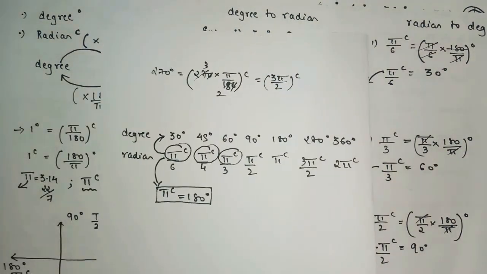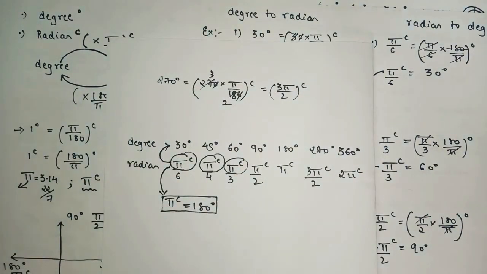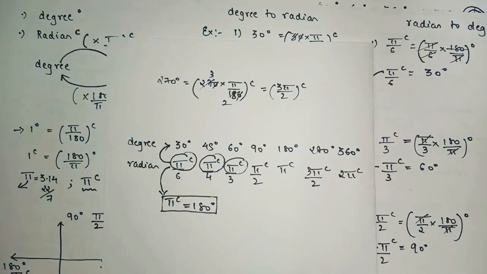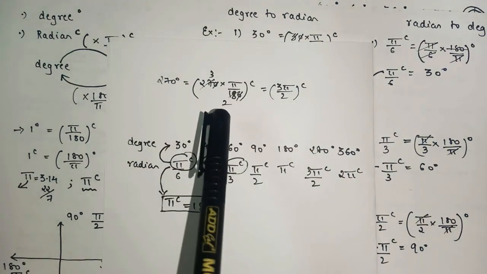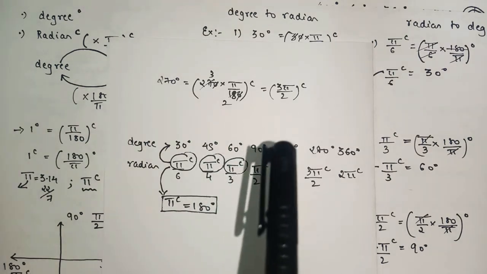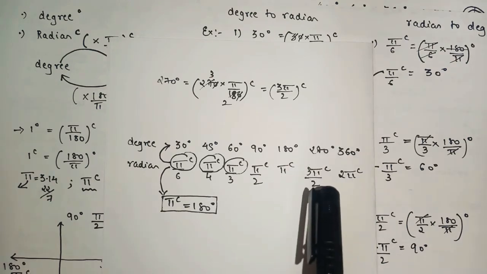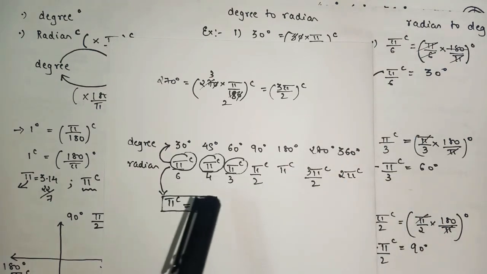After that, as I told you all, remember some main angles. These are some main and known angles, and you must know the answer in terms of degree as well as in radian, as they will be useful for the coming exercise and even for the coming chapter. So 30 degree is pi by 6, 45 degree is pi by 4, 60 is pi by 3, 90 is pi by 2, 180 is pi, 270 is 3 pi by 2, 360 is 2 pi.